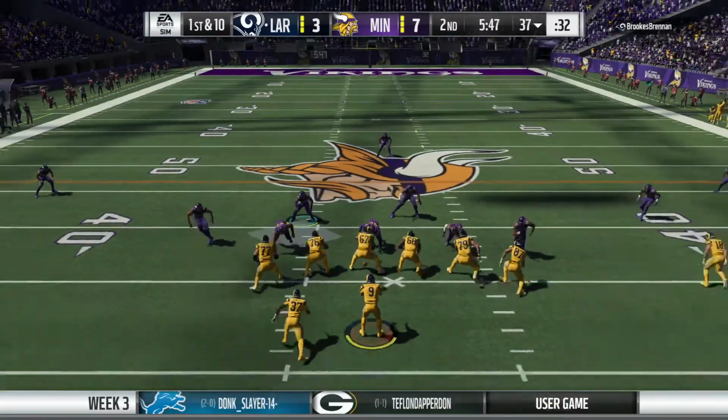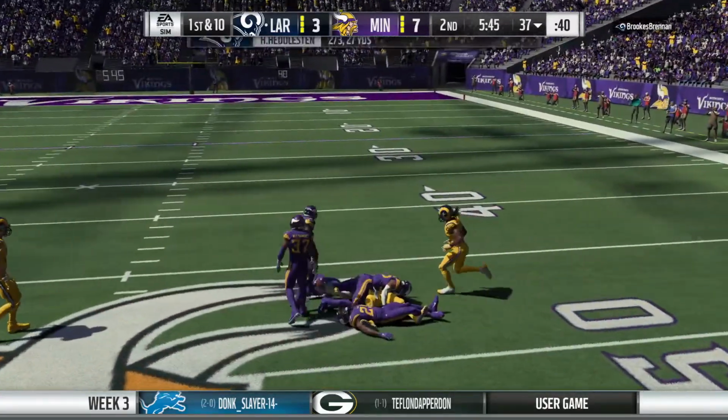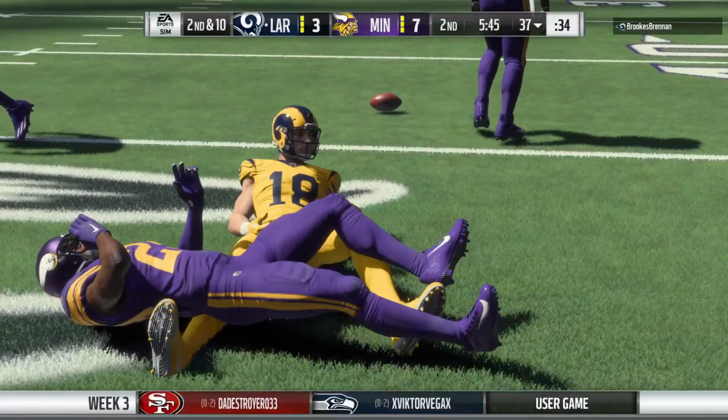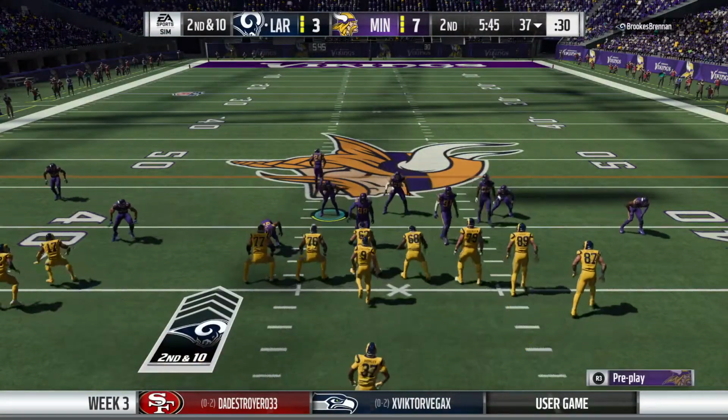That's how you pick up a first down. You know where the sticks are. You know where the first down marker is, and you find a way to get there. That's called having vision. He had a lot of vision last week, didn't he? NFC Offensive Player of the Week. He was dominant. So he can't hang on,